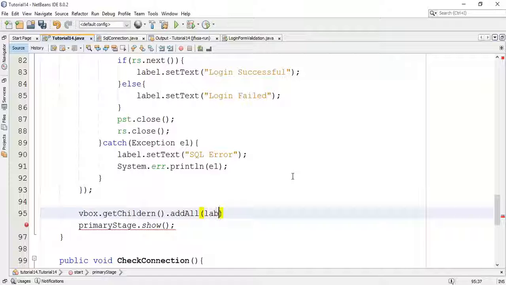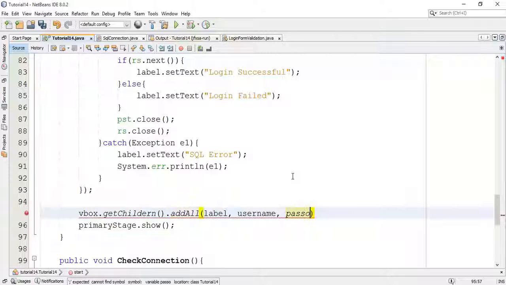So I'm going to add label, comma, username, comma, password, comma, button.